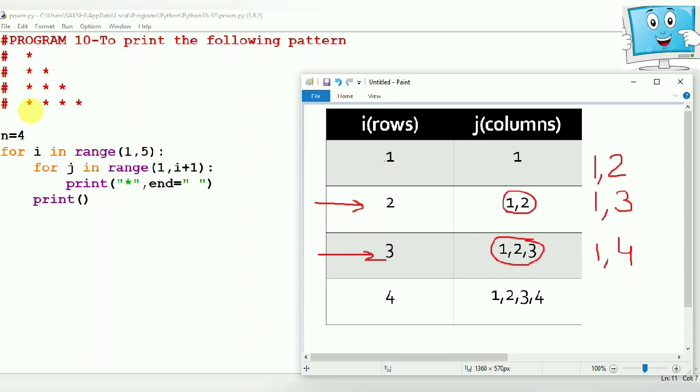So the value of i becomes 4. So it will go to the inner loop of j and 1 comma i plus 1. 4 plus 1, that is 5. The loop will continue for the 4 values, that is 1, 2, 3 and 4. So how many times will the star be printed? 4 times the star will be printed, as it was printed 3 times in the earlier condition. So first it will give the first star in the 4th row, then space, then second star, then third star, then space, and then fourth star, then space. And after that, as soon as the condition becomes false, it will bring the cursor to the next line.